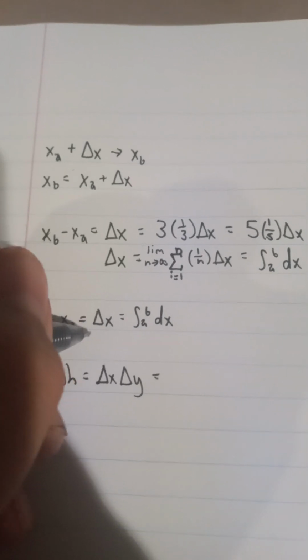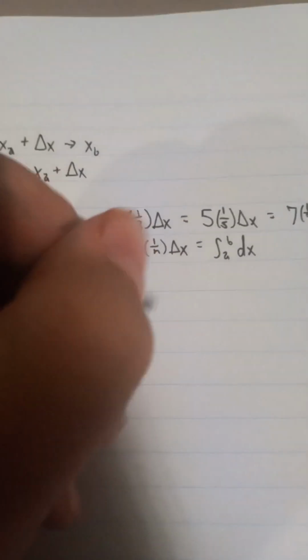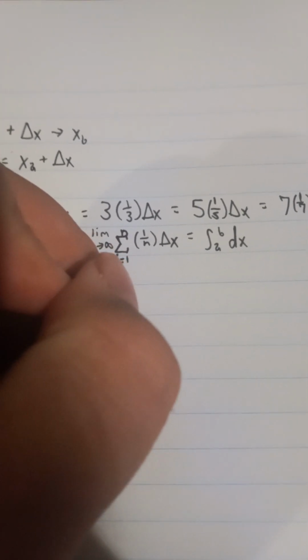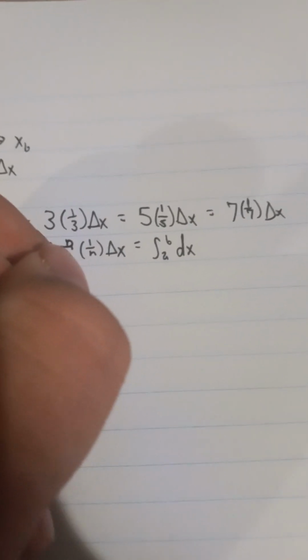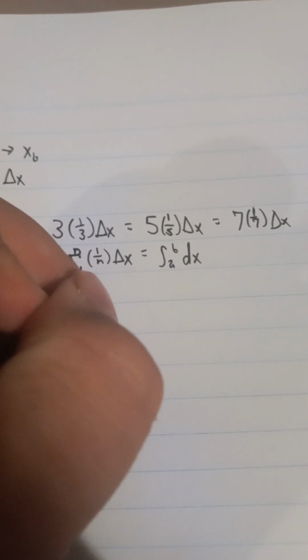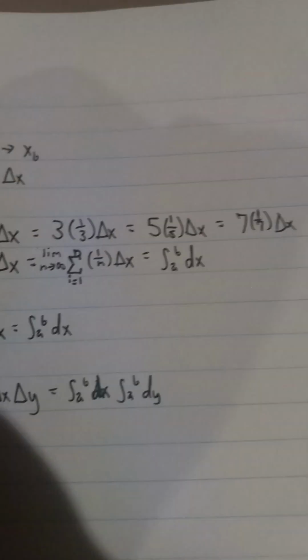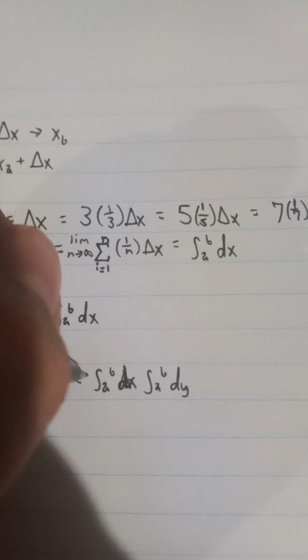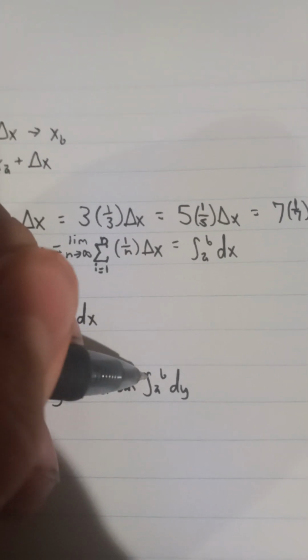Well, if that's the case, then based off of how we've defined this delta x here, we should be able to say that that's equal to the integral from a to b of dx, times the integral from a to b of dy. Now, this is true, though it's a little bit ugly to look at, but if you think about it,